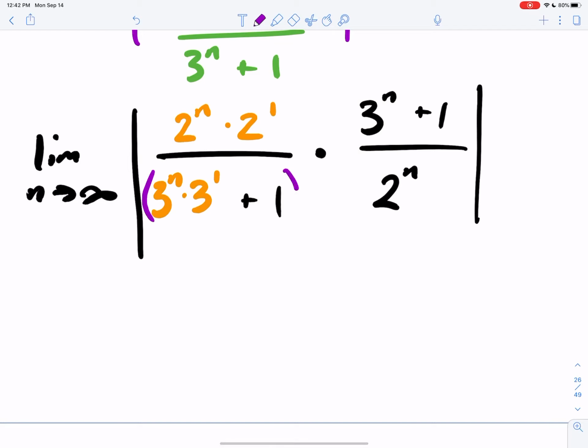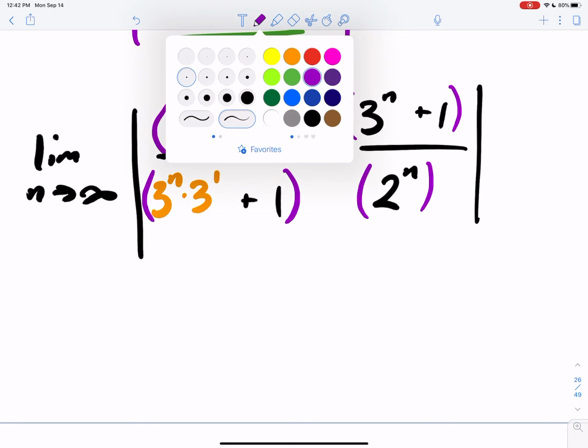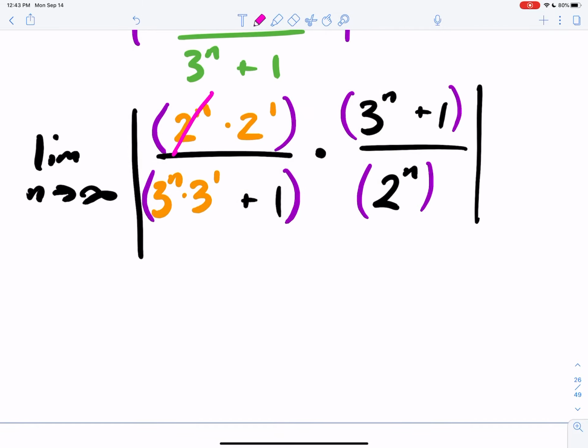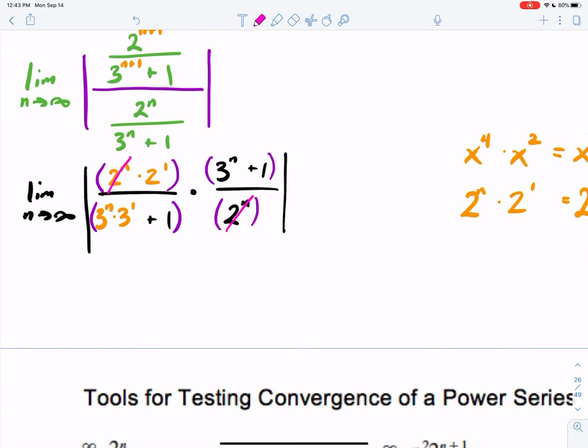Now, okay. Things start to cancel out. For instance, if you notice, I have a 2 to the n in the numerator and a 2 to the n in the denominator, so they cancel out. Those are factors, so I can cross those out. Now, some people would be very tempted to crossing out 3 to the n on the top and the bottom, but this plus 1 here prevents it from becoming a factor. So we actually can't cross that out. Okay? So, let's write down what we have left. We have